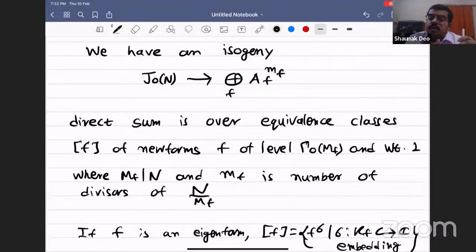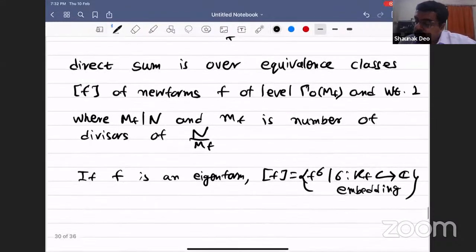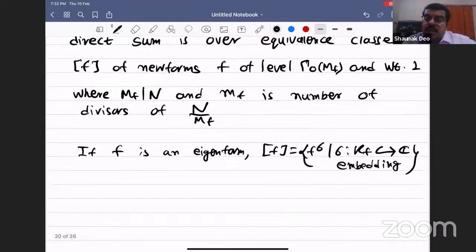So basically on the left hand side you have this Jacobian, and on the right hand side you have a bunch of quotients of it, and you take their direct sum, where the sum is done over newforms of level dividing n, and so on. And the claim is that these two objects are isogenous. I mean, obviously there is a map from J naught to that, but then it's all surjective and so on. So this is a claim that I'm not going to prove again because I am a bit pressed for time, but you can say that very roughly,